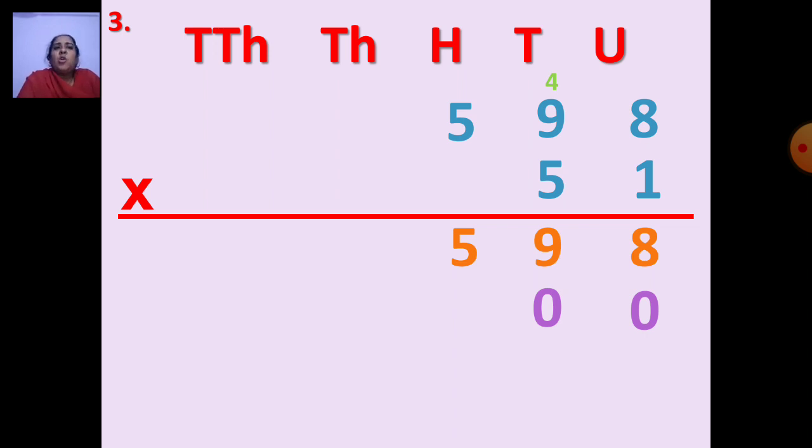Okay. Now you will again say table of 5. 5 9s is how much? 45. And 45 plus 4 is how much? Count. 45, 46, 47, 48, 49. So what you will do? 9 will come down and 4 will go in the hundreds place.